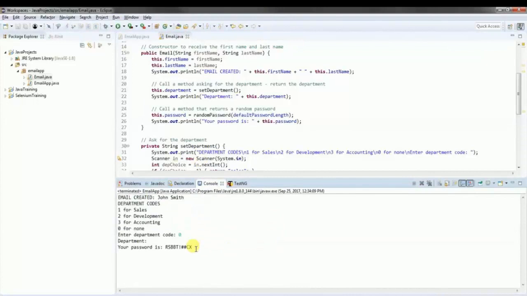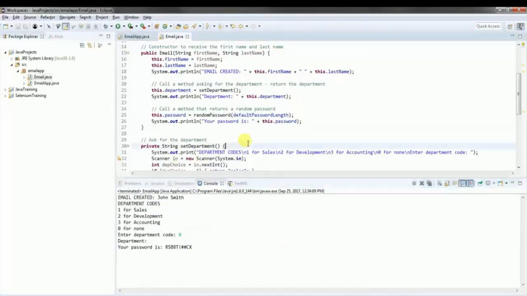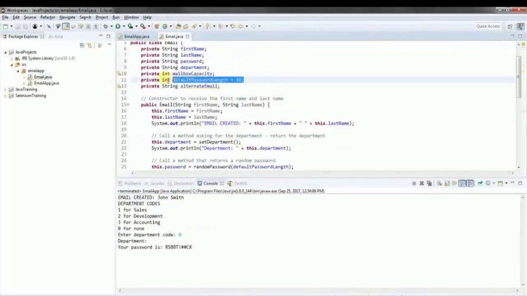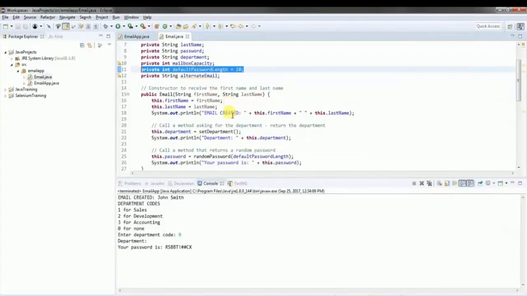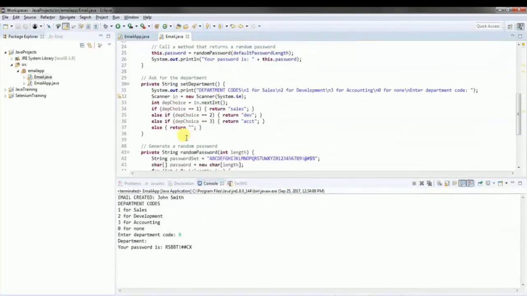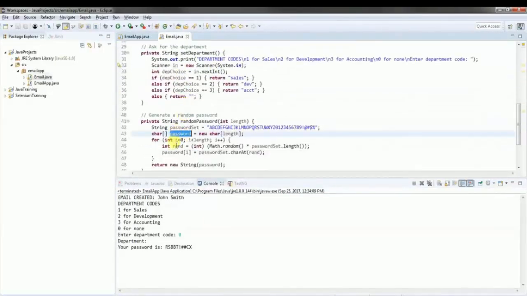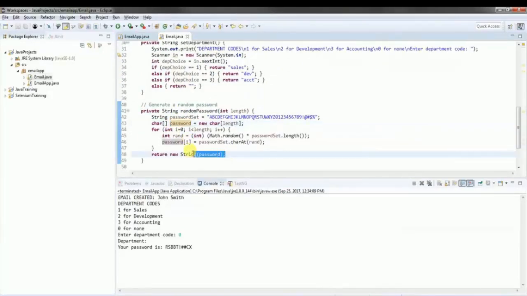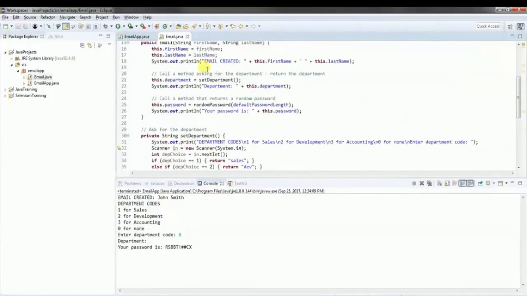There's our random password. Okay, so we have a random password. We just had to set the length. In other words, our code was right. We had to set the length. I had a typo on password, and then we returned that string. Okay, so we have our random password that we had generated, and now that's all perfectly aligned here with our